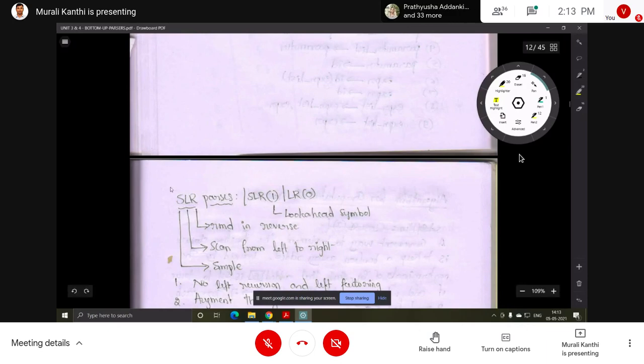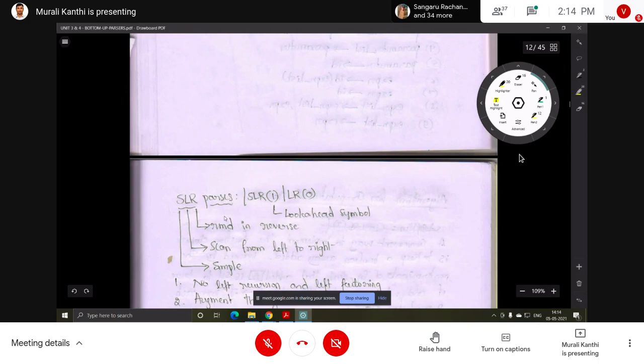So SLR is simple, left to right scanning, rightmost derivation in reverse. Then in SLR1, 1 stands for the lookahead symbol. In LR of 0, the 0 is also a lookahead symbol. So this is one kind of parser.